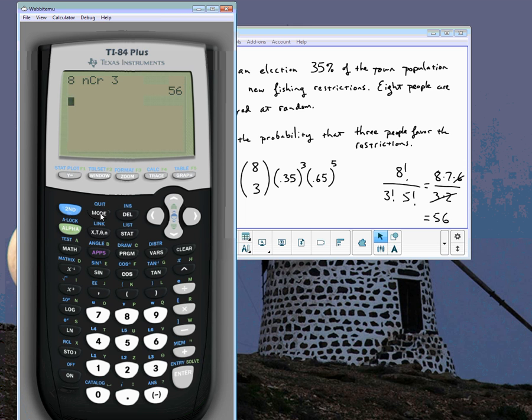To see one that's probably a bit more recognizable, 1, 3, 3, 1. Okay. So that's a nice way to get the whole list of coefficients if you need it. But nonetheless, let's clear out of that. So I have 56 times 0.35 to the third times 0.65 to the fifth,